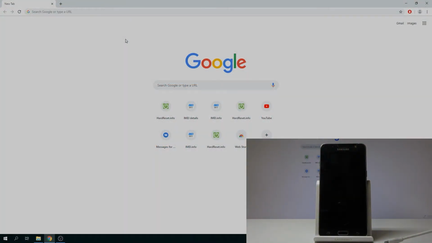Welcome. In front of me is a Samsung Galaxy J5 from 2016, and today I'll show you how to bypass the Google verification screen. So, number one, you want to turn off your device. Hold the power key and then select power off. Then you need the little cable that you use for charging and plug it into your computer and